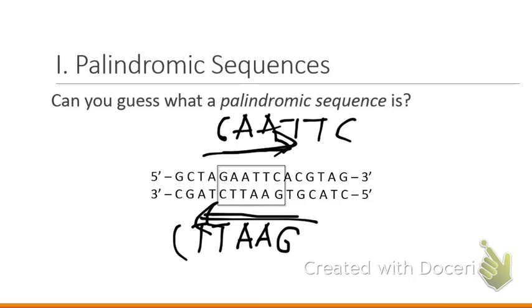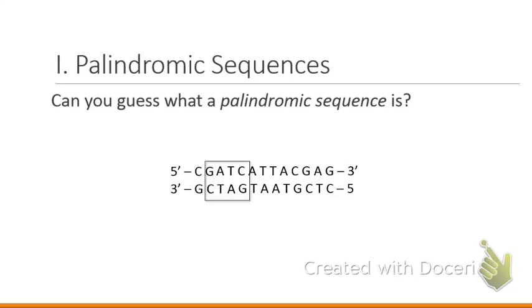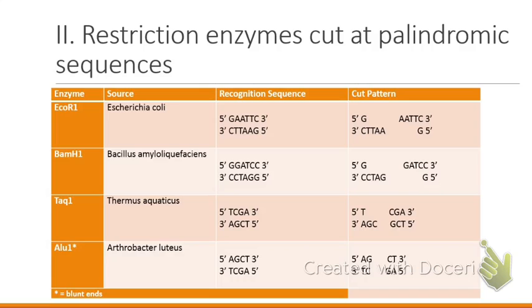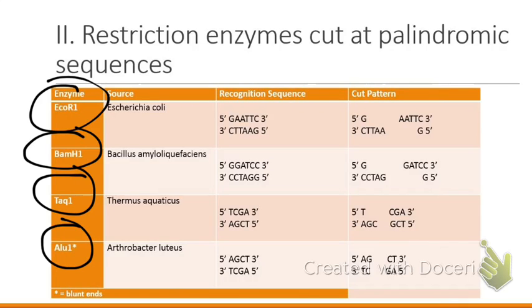Weird. Okay, so if you look at the next one, this is the same one we did before. Notice how right here it's going G-A-T-C this way, and this way what is it doing? Oh my gosh, palindrome! And the cool part is there's restriction enzymes that are present in bacteria. And today you're going to kind of try to understand why they're found in bacteria. Viruses. And what happens is these enzymes, EcoR1, BamH1, TaqI, and AluI, these are all restriction enzymes that will cut specific recognition sequences. So on your DNA strand, if you saw this on your DNA strand, EcoR1 is going to go to town